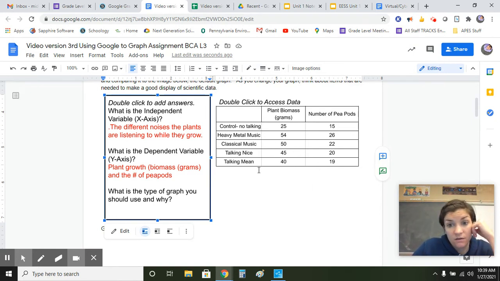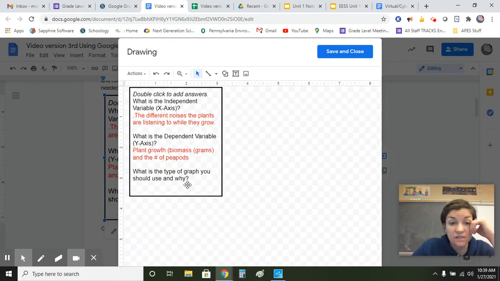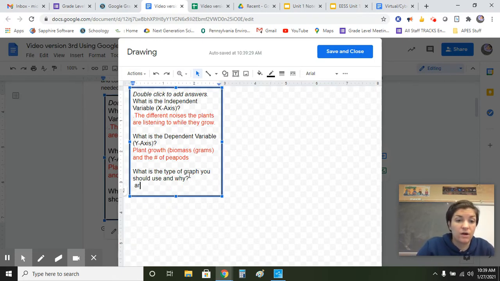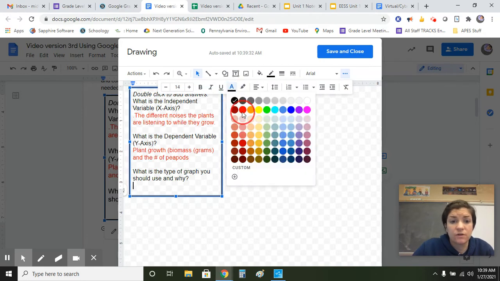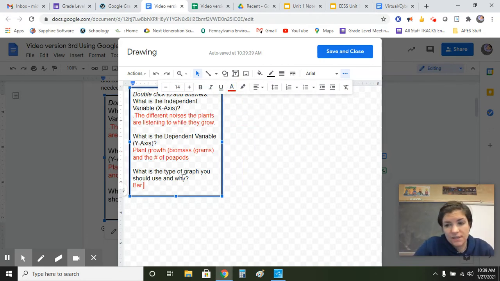So I think from this, we don't have a change over time. If it had like how many days went by and how tall they were each day or whatever, that would be different. We would show that differently. But this is just looking at heavy metal versus classical versus talking nice. So I would say this is best in a bar graph. So go ahead, bar. I'm going to change the text again. You don't have to. I like when it sticks out a little bit for me. So a bar graph